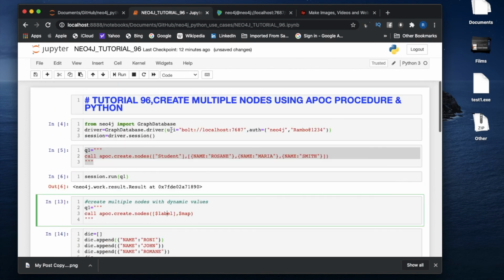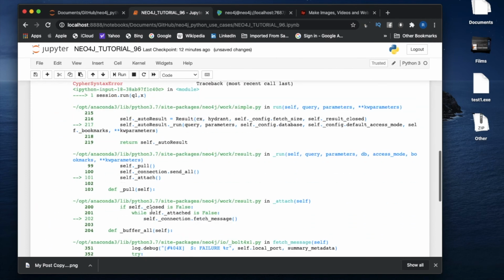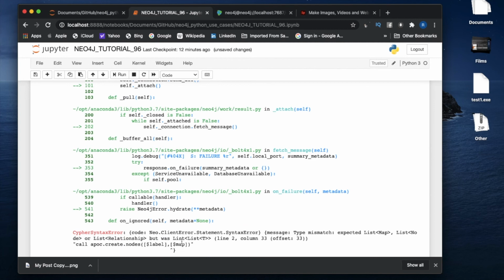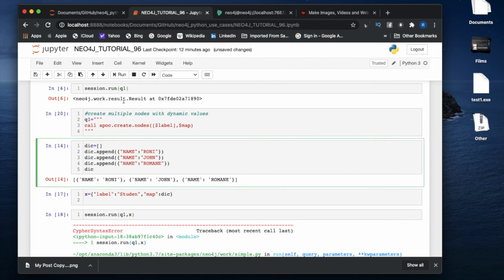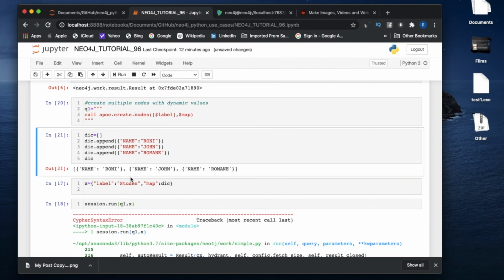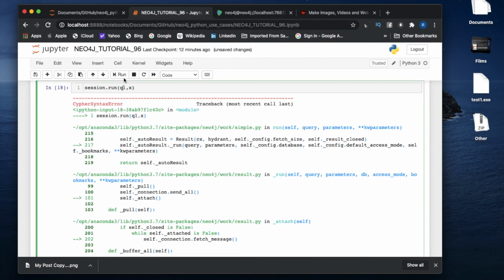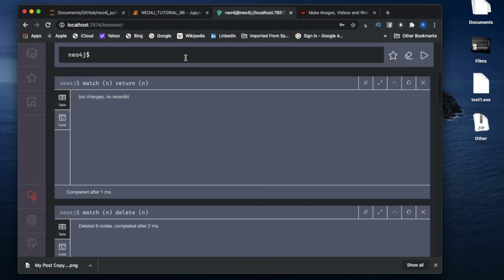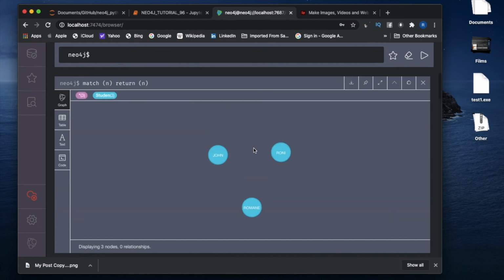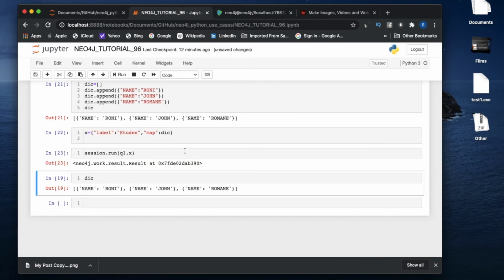So the thing is that this is itself a list, so it became a list of list. So that is why I don't have to put this inside a list. What I have to do is just create it like this, and after that I have to run this. I will get this here, then I have to do this. Okay, and once this is done I have to run this. See, everything is fine now, so it should be created. So I'll just go ahead and run this. So 3 got created.